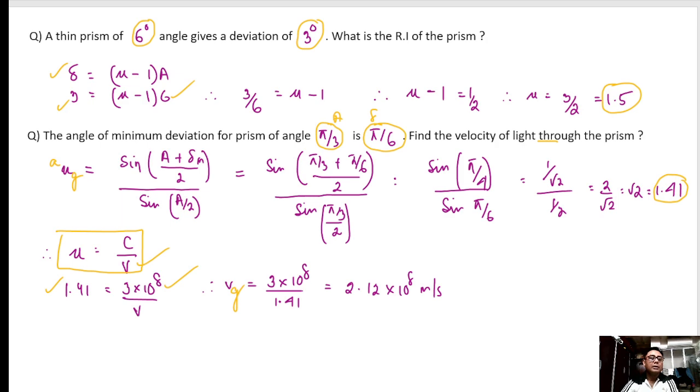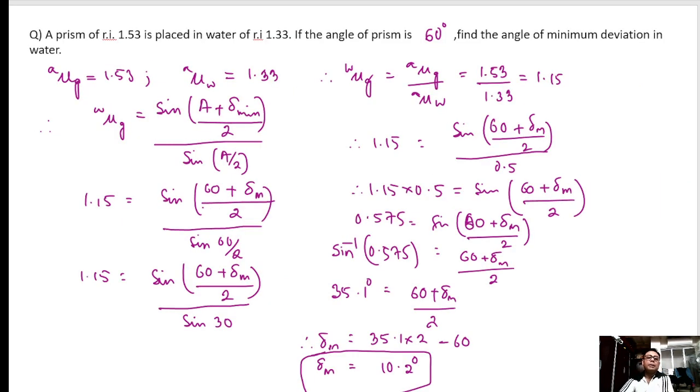Okay, let's move on to the next one. A prism of refractive index mu, which is given to us, is placed in water of refractive index, that is also given. As you can see I have shown it here. If the angle of the prism A is given, find the angular minimum